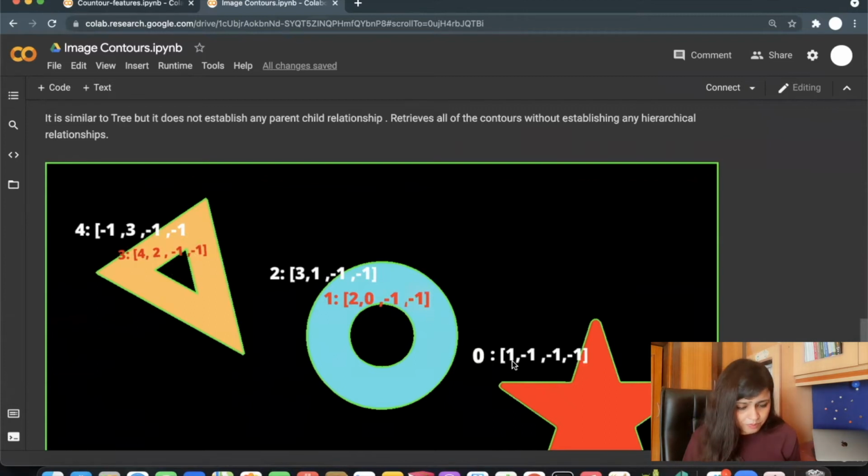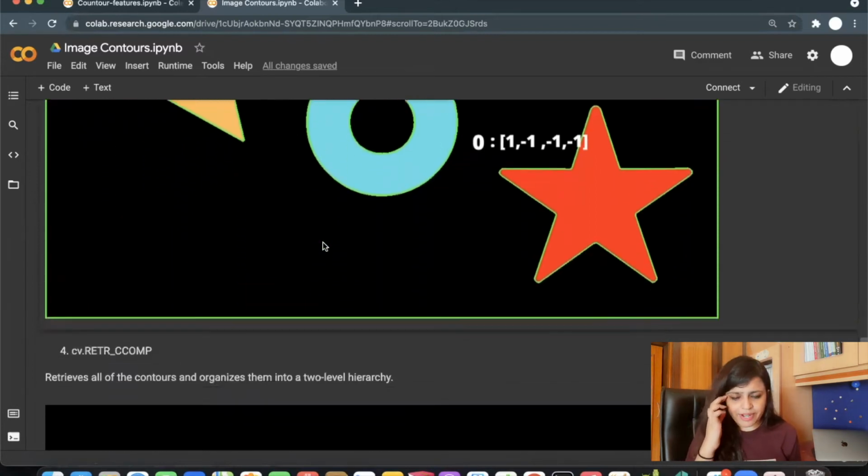The zeroth contour's next contour will be 1, its previous one is -1. For the first, its next contour will be 2, and the previous one is 0. For the second contour, the next one is 3 and the previous one is 1. So in this way you can get this type of hierarchy.